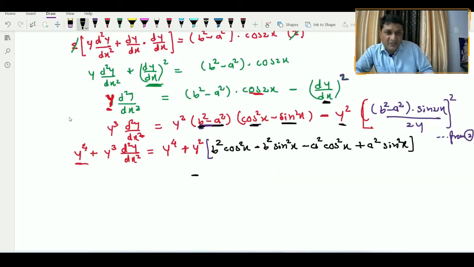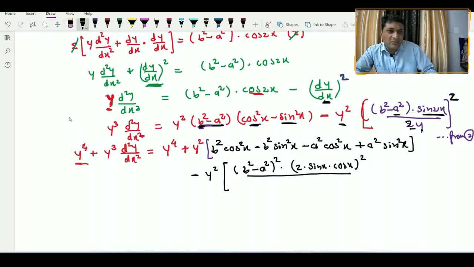Minus, keep this y square as it is, and now we are taking the square of every term, first, second, third and fourth. So the first term will become b square minus a square raised to power 2, and here we will get square of sine 2x. Parallelly I am replacing sine 2x by its value 2 sine x into cos x, and in the denominator square of this 2 will be equals to 4 and square of this y will be equals to y square. Okay, so which is equals to, now try to understand why we have made this adjustment, y raised to power 4 plus y cube.